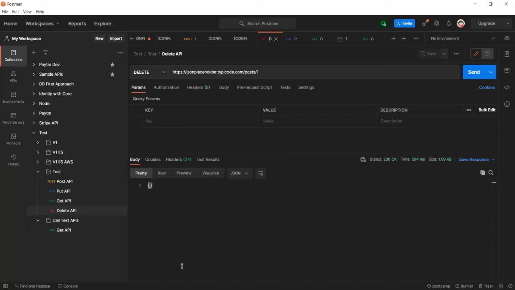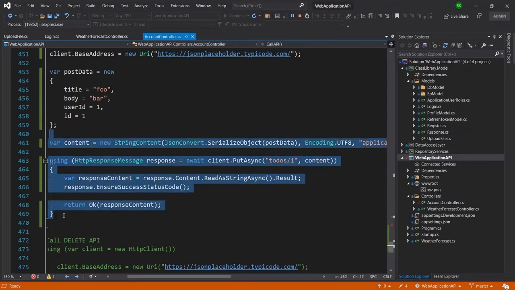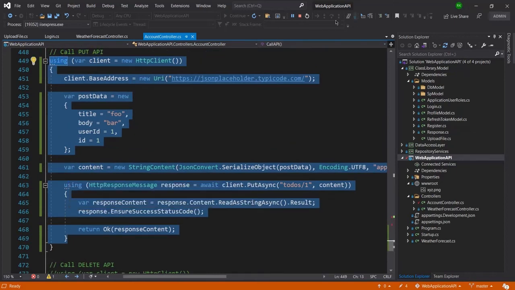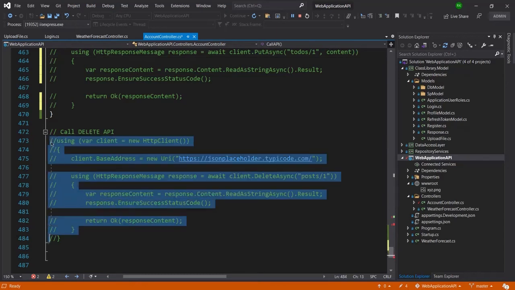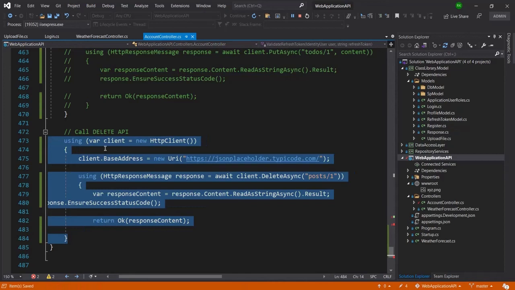Okay, so now let me go to Visual Studio, and let me comment this put API calling code. I will comment it, and now I will uncomment the delete API. So here again you can see delete API calling is really very simple. So I have uncommented it.